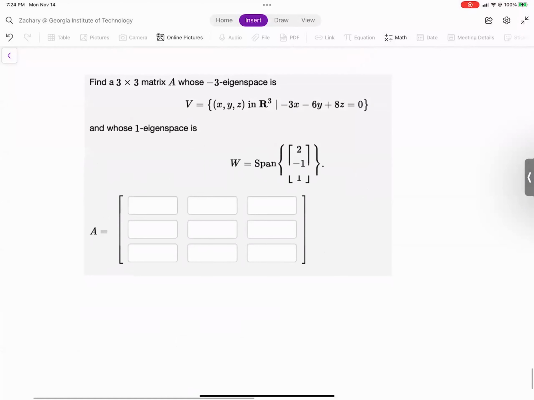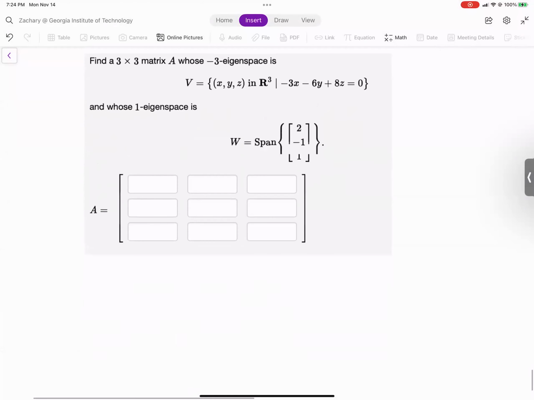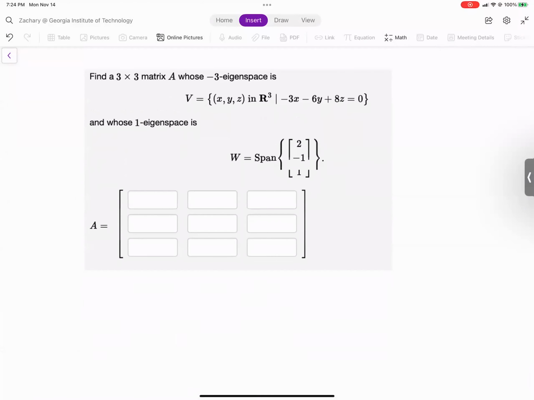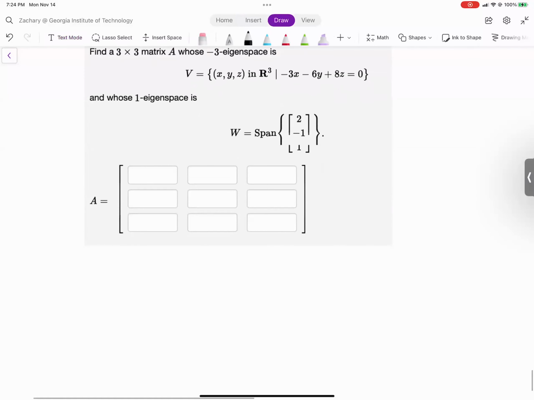Okay. So this question says, A is a 3 by 3 whose -3 eigenspace is this, and whose 1 eigenspace is that, right? So when they give you something like this, what they're asking is to find the CDC inverse and then multiply it out, all right? Which is a headache, I know, but not really much you can do if they ask you to do it, all right? So how do you find the basis for a plane? Any ideas? Parametric vector form is a good answer. Put it in a square matrix. Sounds a little harder. I like parametric vector form though.